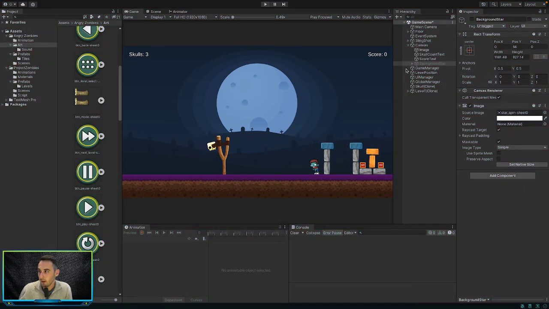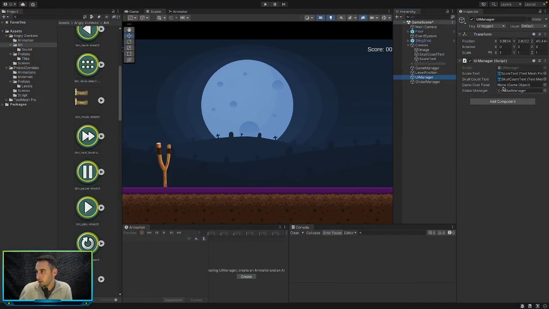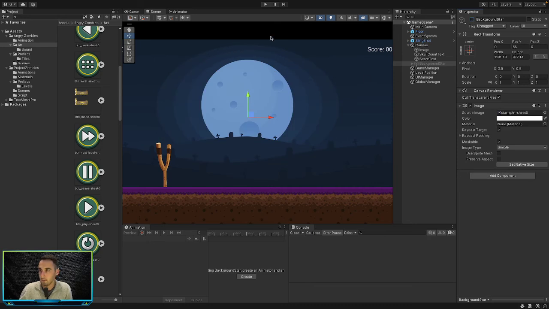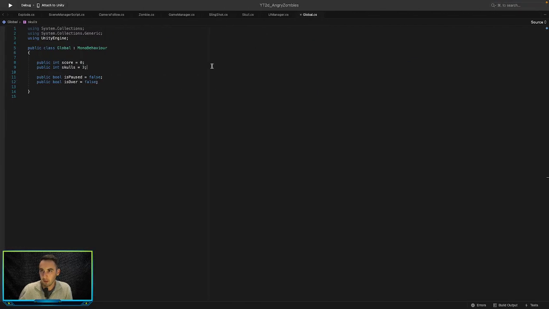Nothing. Okay, so in our UI manager we need to now drag in a reference to that. So we'll go and drag in our background star, because that is our game over panel. As you can see, if I enable it, you can see it pops up. If I disable it, it disappears. So if we jump into our script, and if we go into our game manager here,